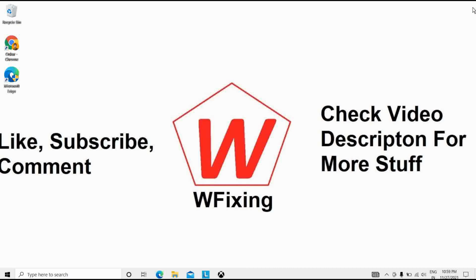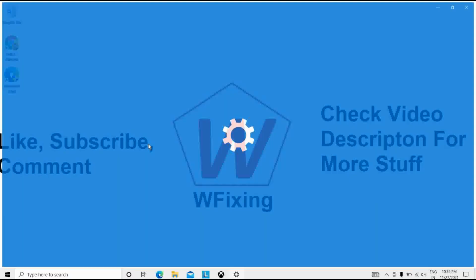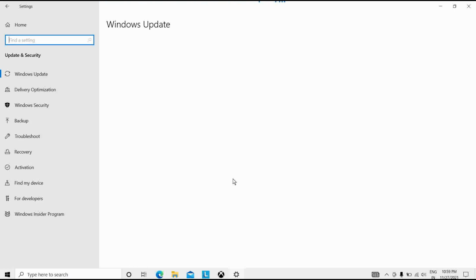So our fifth solution is, after we have seen the fourth solution, reinstall Windows 10. For that, once you are on the home page of your Windows 10, go to the start menu and then click on the settings icon. So again we are opening settings here. After that, under the update and security tab, I will click on update and security.